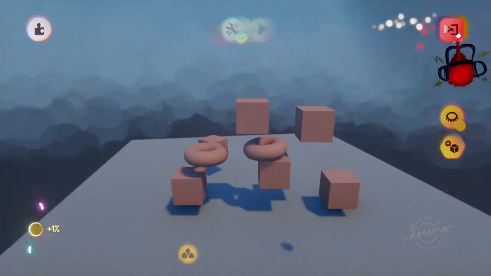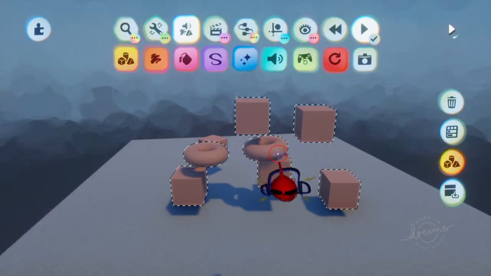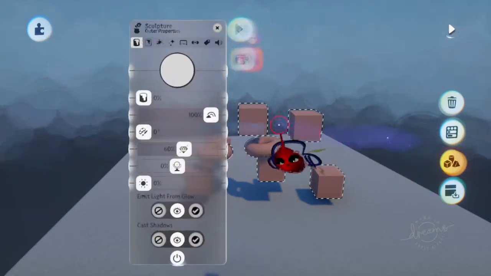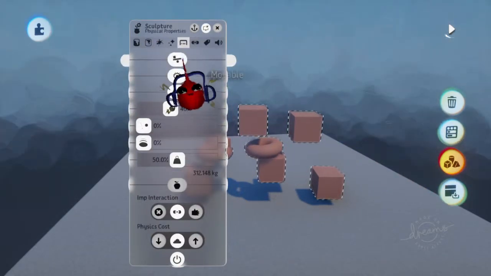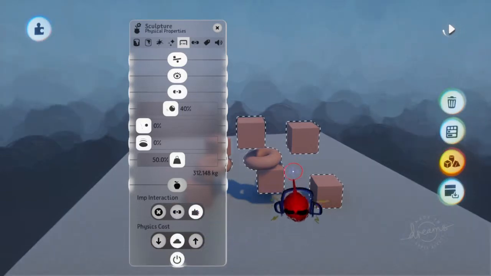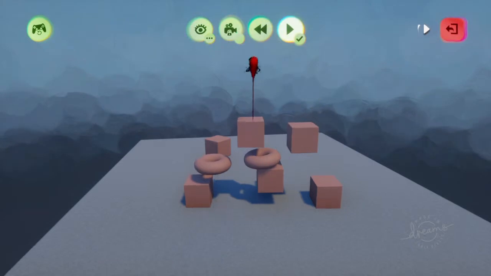And then you would exit out of it if you want to, since it's all considered one sculpture if you do it like that. So it's all going to be the same. It's kind of going to be interesting to see what the imp does with this. I know I'm making this tutorial longer, but